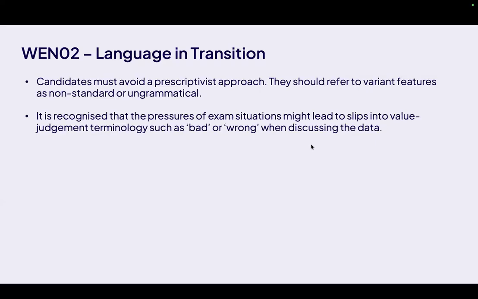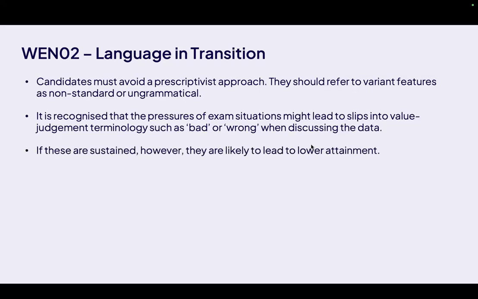They have to avoid that at all costs. If they do it once, examiners will overlook it, but if it's persistent, it's likely to lead to lower attainment. They should say that it is non-standard English or ungrammatical English rather than bad English,